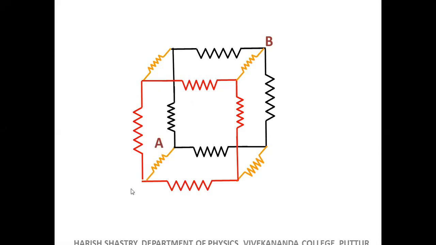Not cube diagonal. Cube diagonal is here and here. But this is face diagonal, this A and this B. Of course, cube diagonal also can be written, but I am not going to discuss it now. I will discuss it in future when time permits. Now I will do one problem in this, but it is your job to find out the equivalent resistance between the other faces. For example, what is the equivalent between these two? The two adjacent corners or across the edge of the cube, diagonally opposite corners of the cube, this end and that corner. And now we are finding the opposite face, diagonally opposite points of the face.